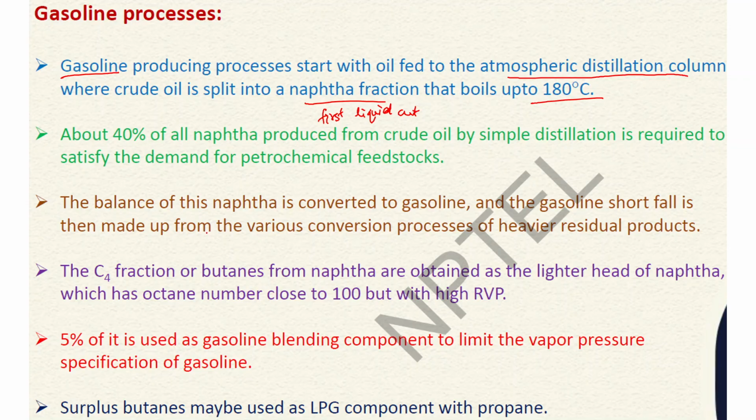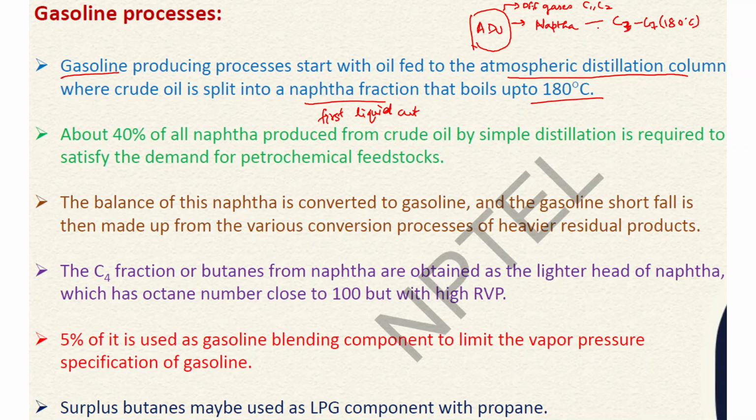Okay. So suppose this is the atmospheric distillation column. From the top we get gases, C1, C2 fraction. Then after that we get naphtha. So naphtha is basically the C3 to C7 fraction, up to 180 degrees C boiling point. Okay. The C3 to C7 fractions up to 180 degrees C, and this naphtha is further sent to the debutanizer